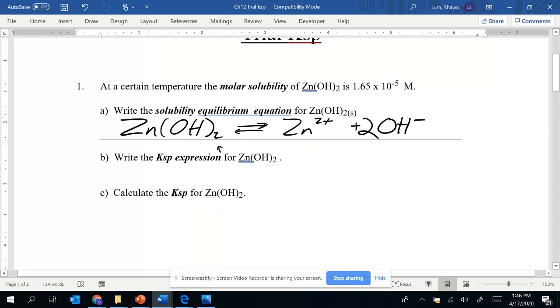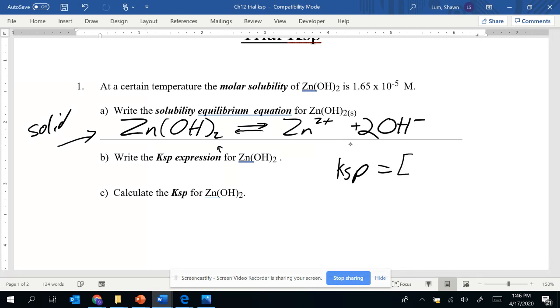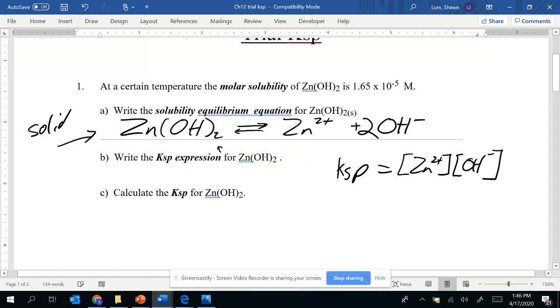Write the KSP expression. Since this is a solid, it does not go into our KSP expression. So KSP is going to be equal to the products multiplied together. So zinc 2 plus times OH minus. Since there's that 2 in front, we get a squared right there. And calculate the KSP for